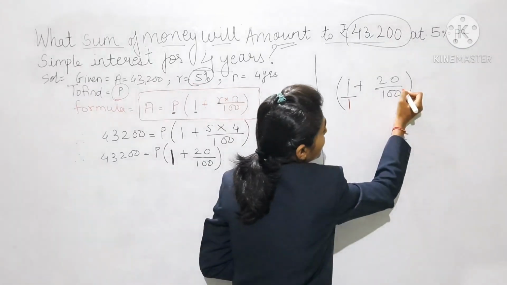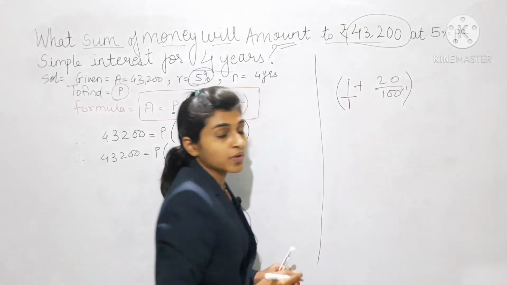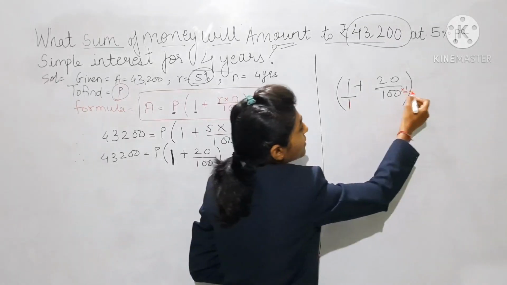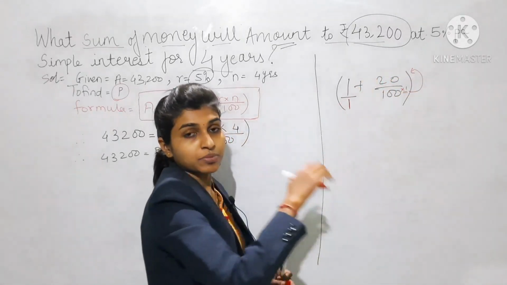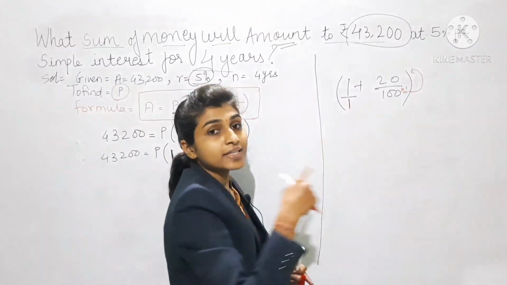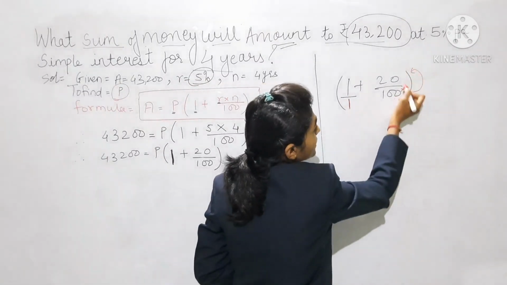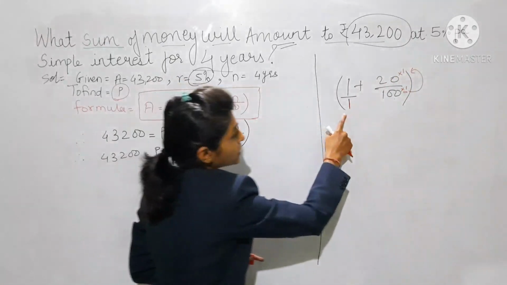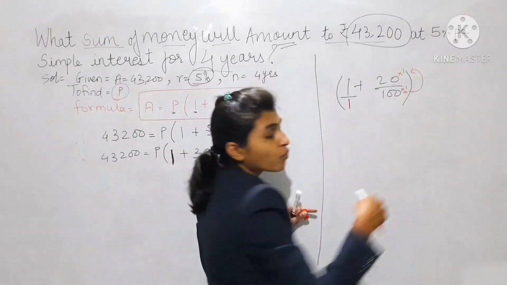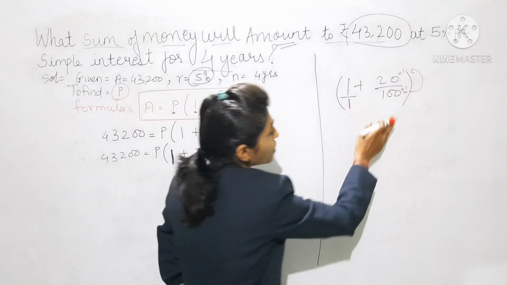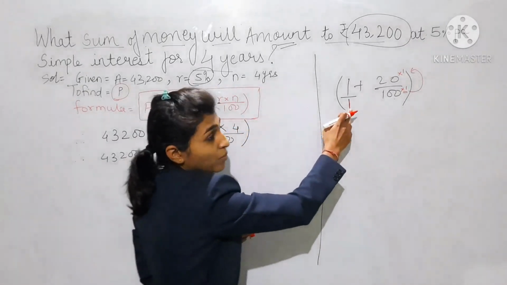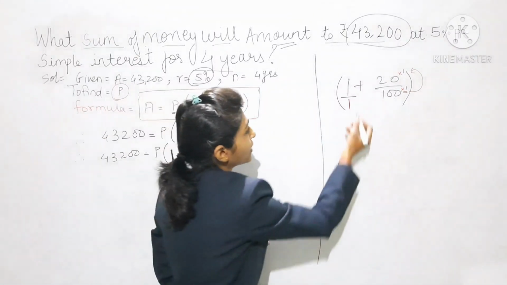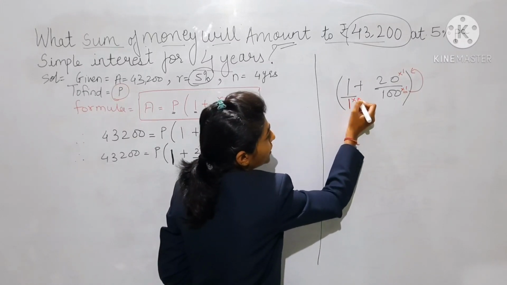So suppose I take 100 into 1. Whichever number I am taking in the denominator, the same number I am going to take in the numerator, which means I will multiply the numerator by the same number. So 100 into 1, the same number I am going to take: 20 into 1. Now, see, 100 into 1, what answer am I going to get? 100. Now to make the denominator the same for this 1, I have to multiply by a number which will give me 100. So 1 into 100.